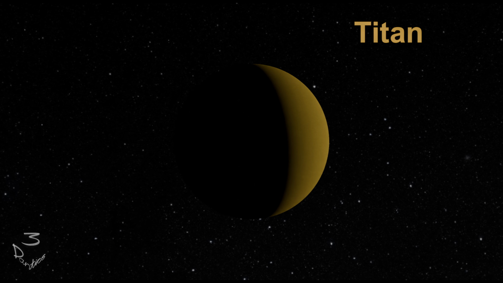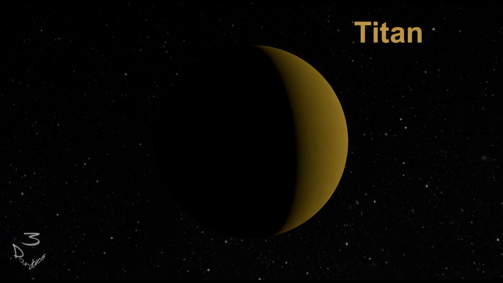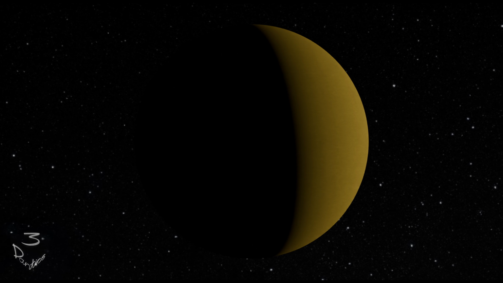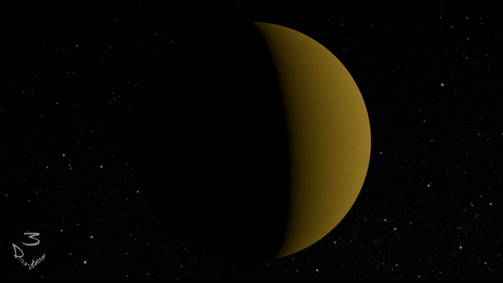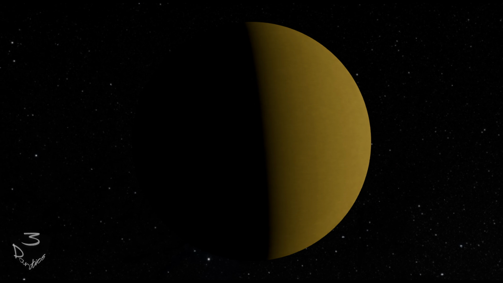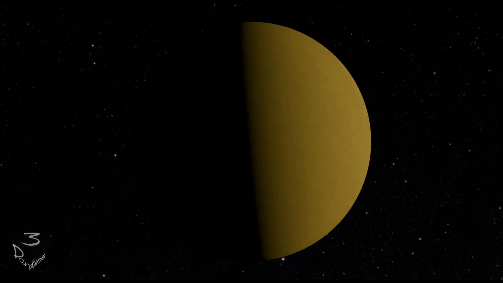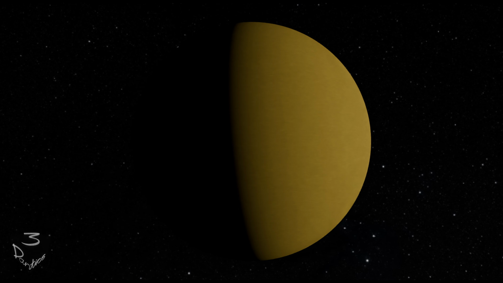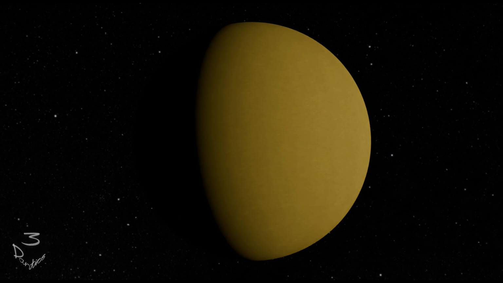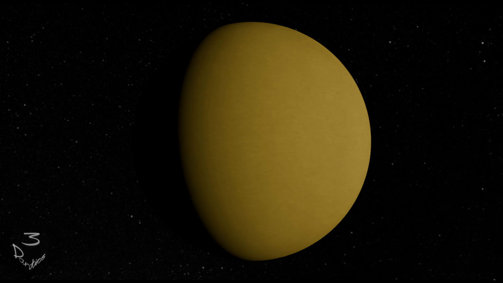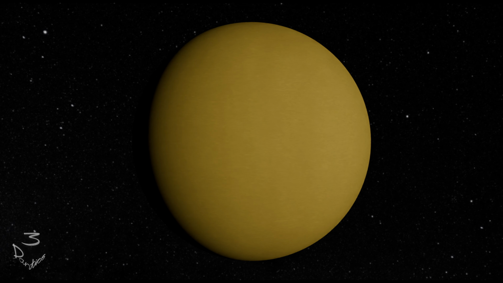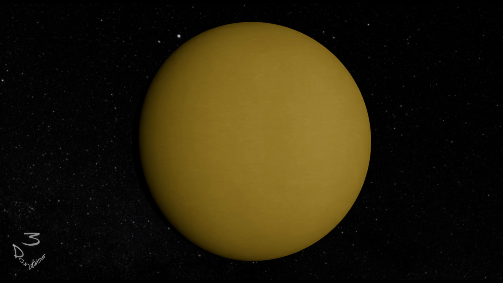Titan, as the name suggests, is rather large. It's 5,100 kilometres across, and only just smaller than the largest moon, Ganymede. It is the only moon known to have a dense atmosphere and the only place other than Earth to have stable bodies of water. Its atmosphere has a super-rotation, meaning it rotates faster than the moon itself, and is made up mostly of nitrogen, leading to methane and ethane clouds.